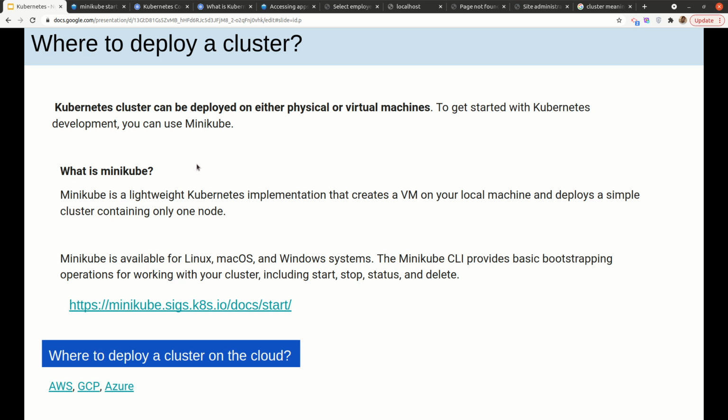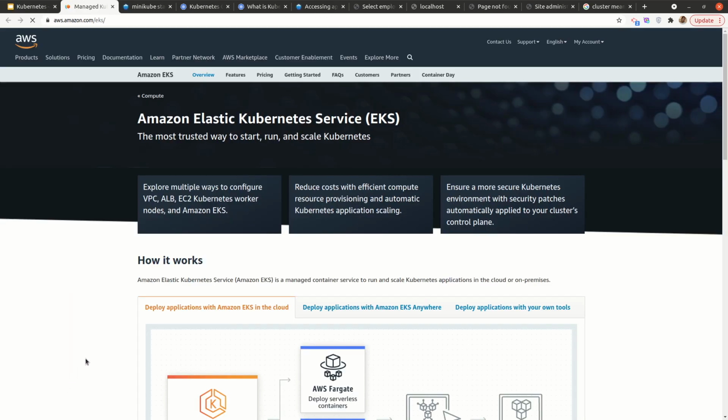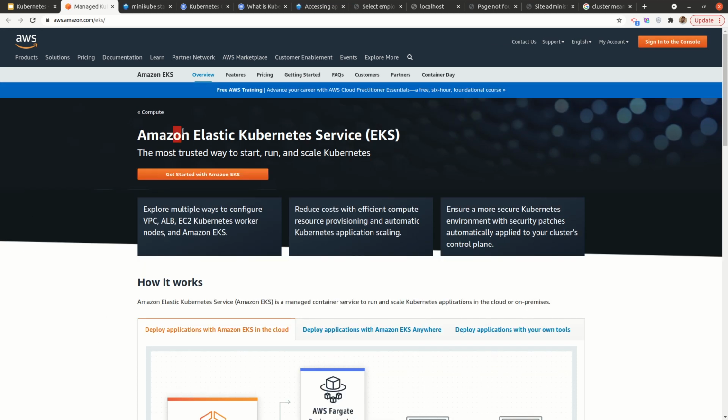Now, what if we are not on our machine locally? Where do we deploy a cluster if we are talking about the cloud? Each cloud has implementations that allow us to use clusters. For example, AWS has Amazon Elastic Kubernetes Service, a way to start, run, and scale Kubernetes. So if I was working on AWS, I would use EKS to have my cluster